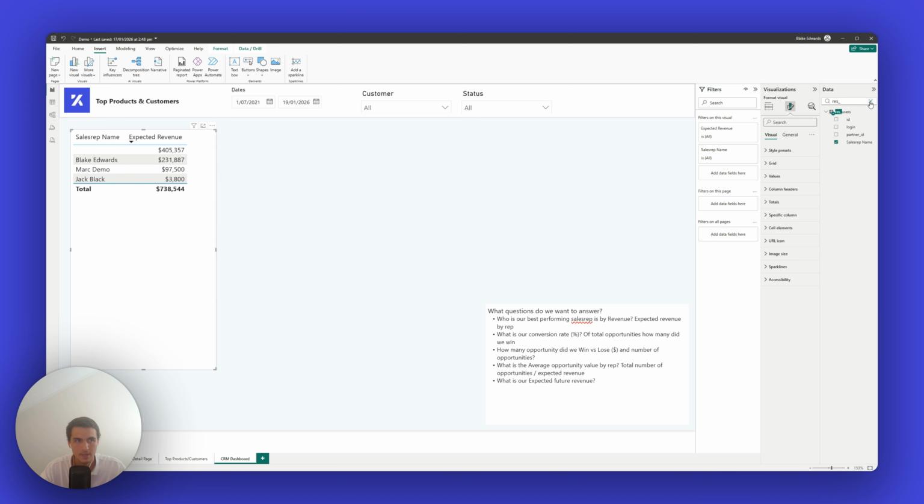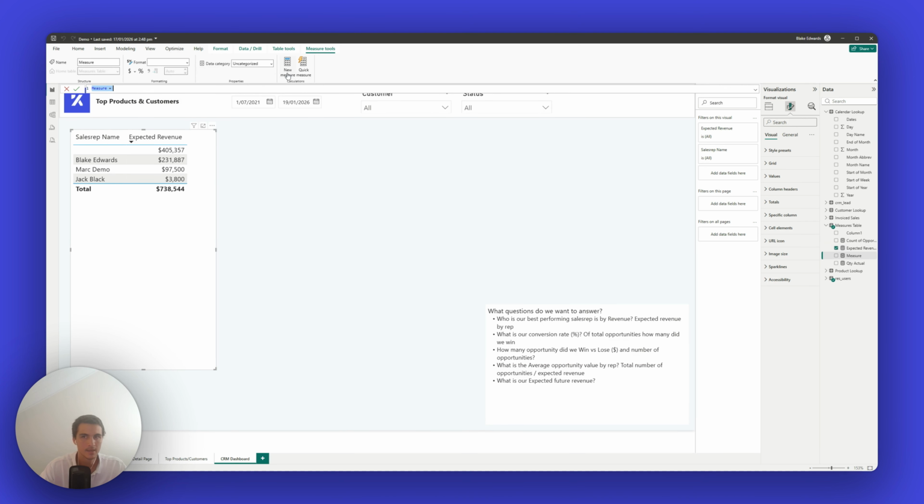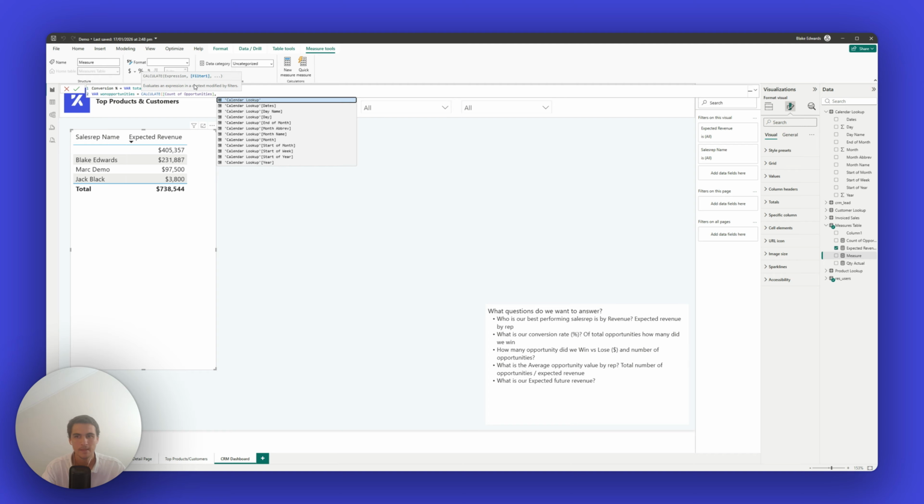Okay, so for conversion rate, we need to do another measure. The measure is going to be conversion percentage, which is going to equal, if we do a variable, we'll call that total, which equals the count of opportunities. So that's all of the opportunities. Now we're going to do a variable for the won opportunities, which is equal to, if we calculate the count of opportunities where the status of the opportunity equals 1,